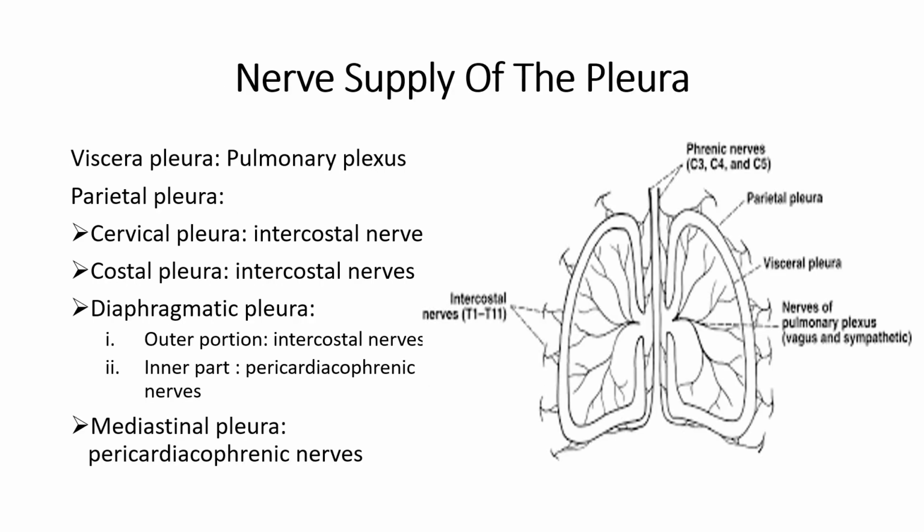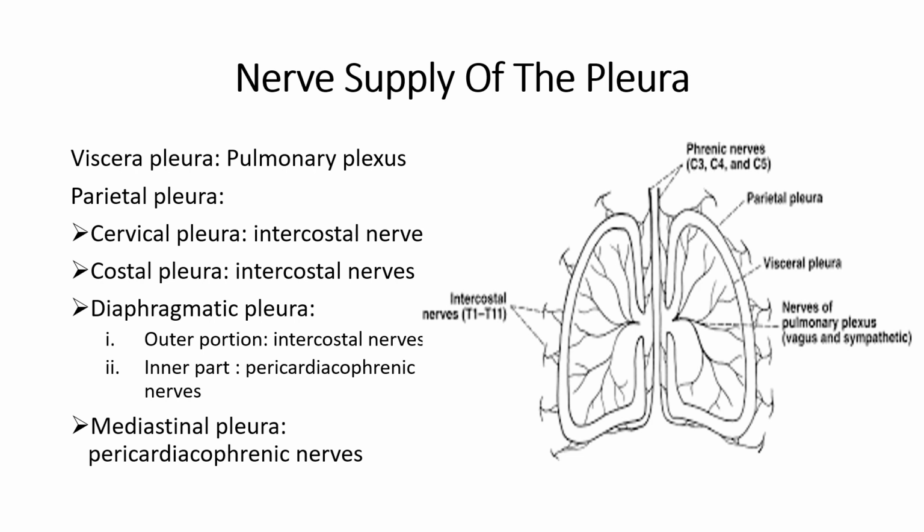Nerve supply of the visceral pleura comes from within the lung, and it is autonomic in nature. It comes through the pulmonary plexus, which supplies sympathetic and parasympathetic nerves to the visceral pleura, and the parasympathetic nerve supply comes through the vagus nerve. While the parietal pleura is a pain sensitive pleura and is supplied by the somatic nerves,